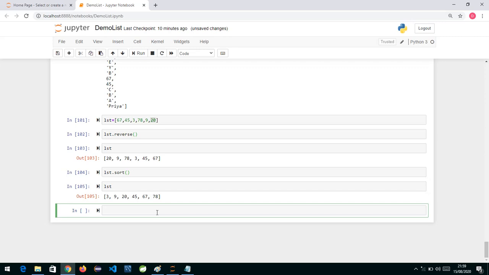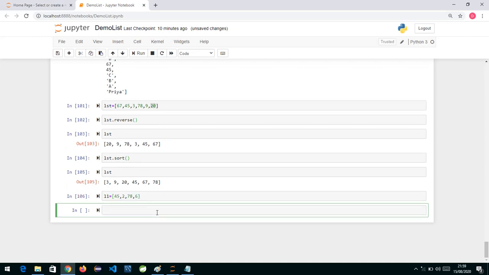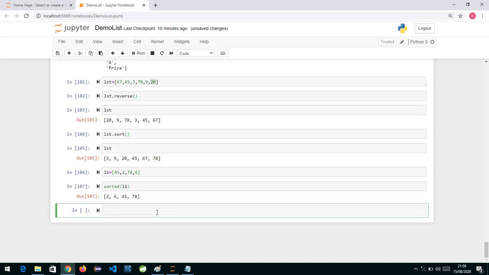Whereas, we have seen sort twice: inside the list we have the sort function, and we also have a function called sorted in the Python interpreter. If I take a list L1 with data 45, 2, 78 and 6, and say sorted of L1, you will see we get the data in sorted order: 2, 6, 45.